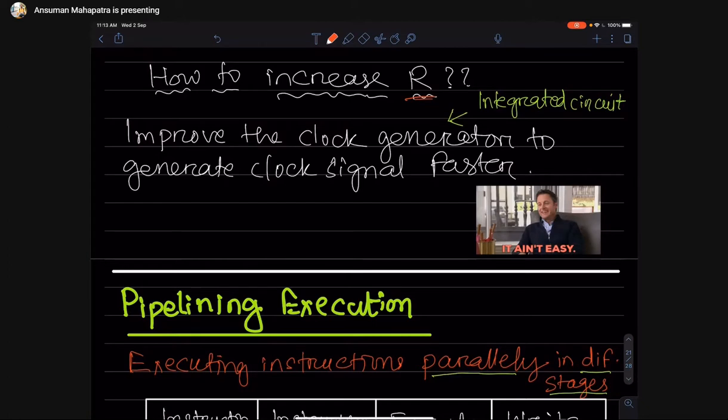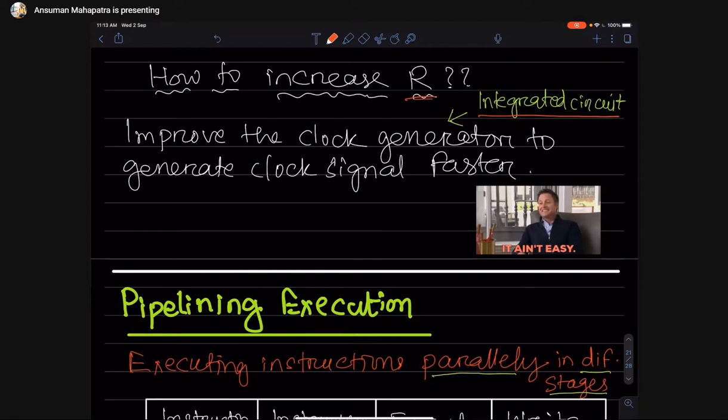The integrated circuit which generates the clock signal should generate it faster. That means you have to change your hardware, which is very difficult, and very little improvement can be done to increase the clock rate. So our only options left are n and s.